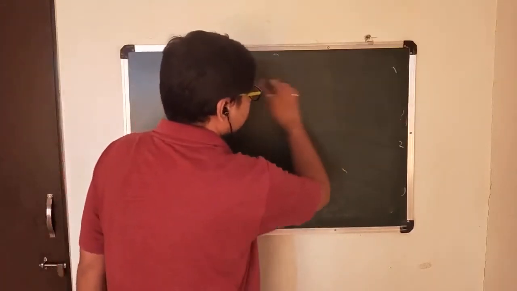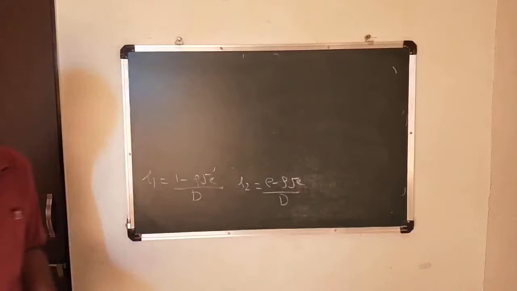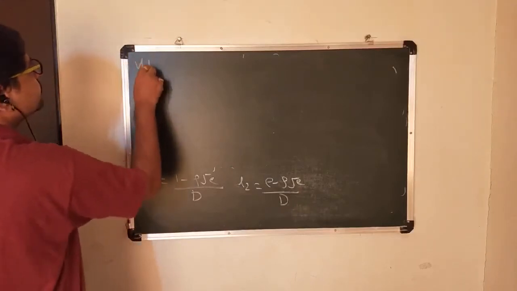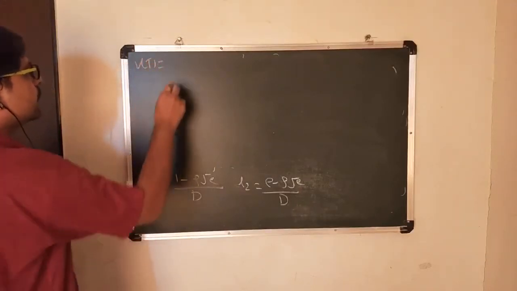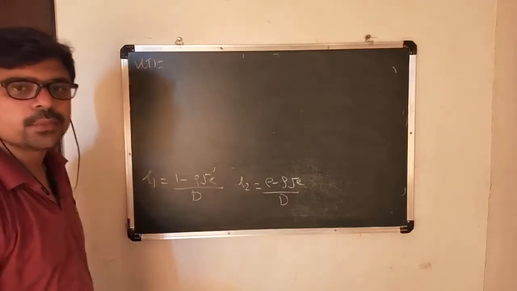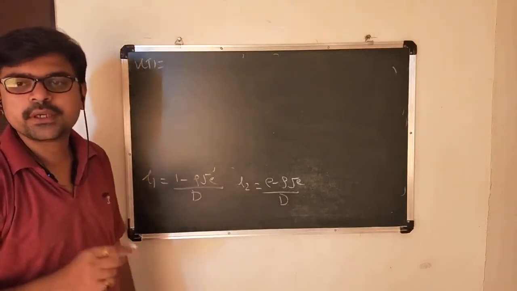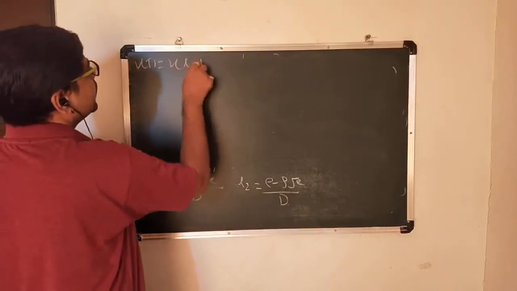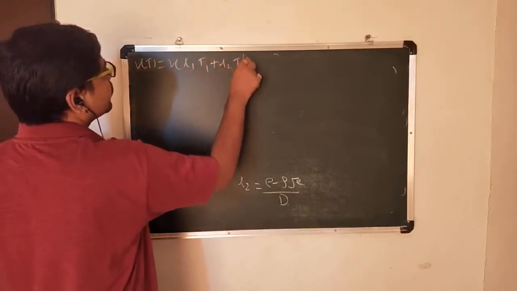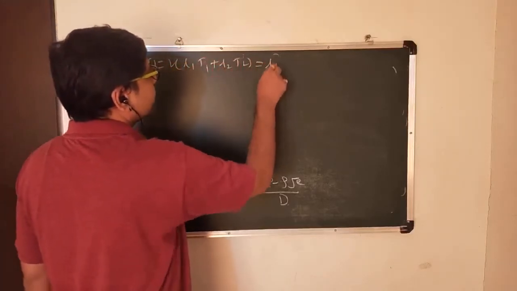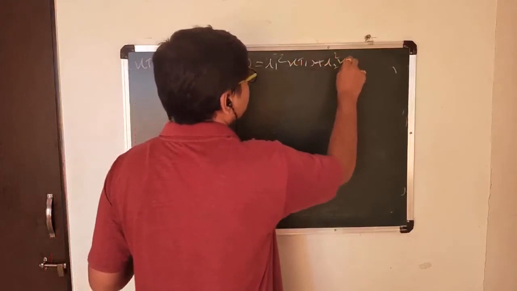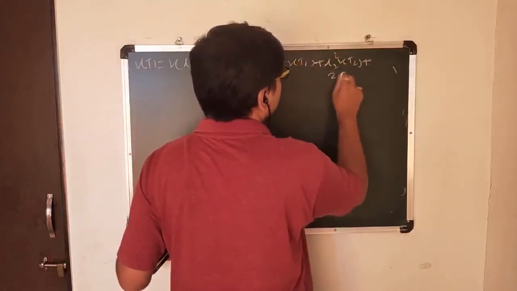So we have got the L1 and L2 in terms of rho and E. Now we will find the variance of T. Variance of T, where T is L1 T1 plus L2 T2. So this is equal to L1 square variance of T1 plus L2 square variance of T2 plus 2 times covariance